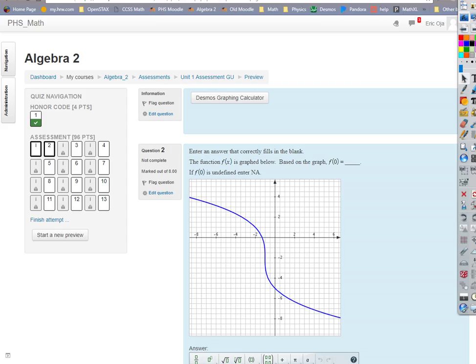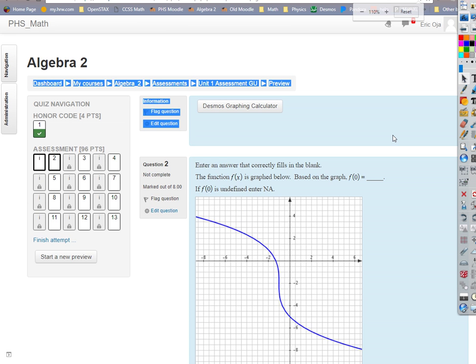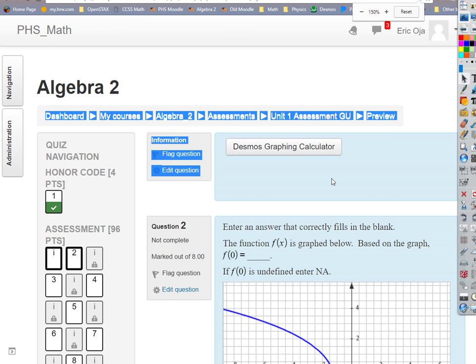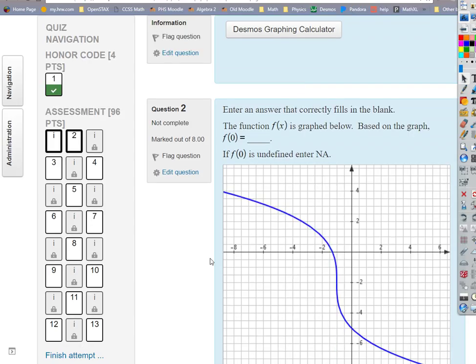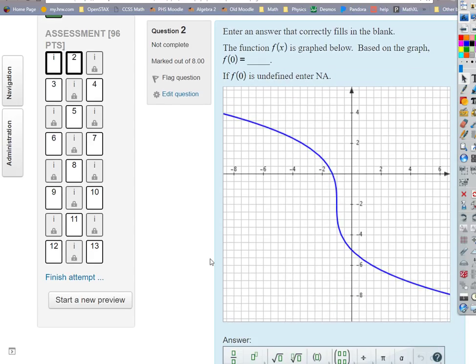All right, so first one here. What are they asking us to do? Okay, based on the graph of this function, they want us to evaluate the function at